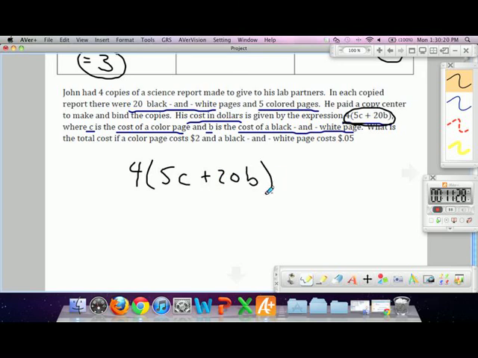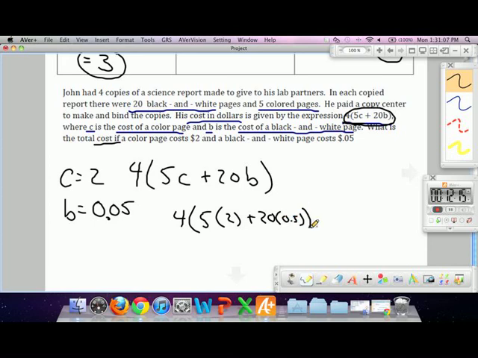So from here, if we knew what C was and we knew what B was, then we'd be home free. Oh, we do. It tells you that the cost of a color page, which we said earlier was C, is $2. So C equals $2. And black and white copies, excuse me, B is 0.05. And you could plug those numbers in, and it would give you an expression for how much money we spent. Or 4 times 0.05. And evaluate. You get 10 plus 1, so 11, $44, I believe. That will be the total cost. The total amount of money it's